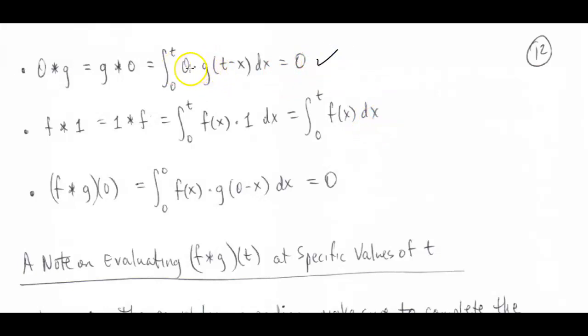And this is simply because 0 times anything is 0. And if we take the antiderivative of 0, that's just going to be some constant evaluated over 0 to t. Doesn't matter what this is, because the net change theorem says that we have a constant minus a constant, which is 0. Okay. So we see that if I convolve f with 1, or what's popularly known as the identity element for